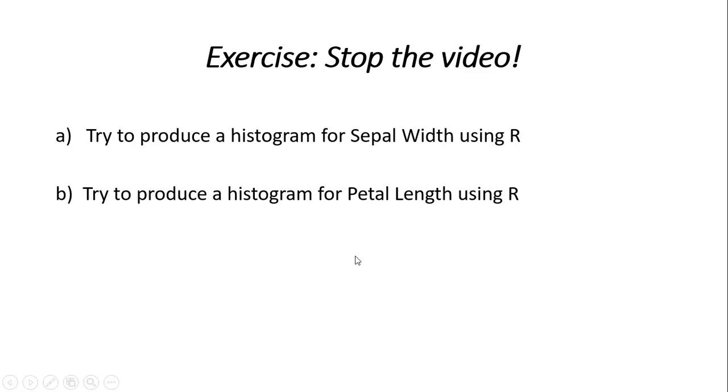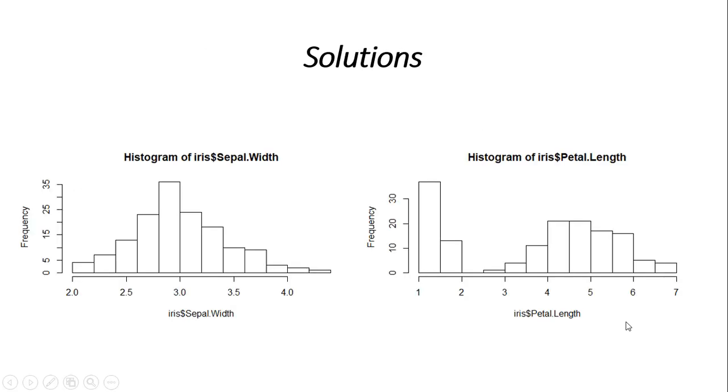So let's try an exercise. Stop the video and try to produce a histogram for sepal width using R, and then one for petal length using R. Solutions for this exercise are given here. You can see on the left there's a histogram for the sepal width, and on the right the histogram for